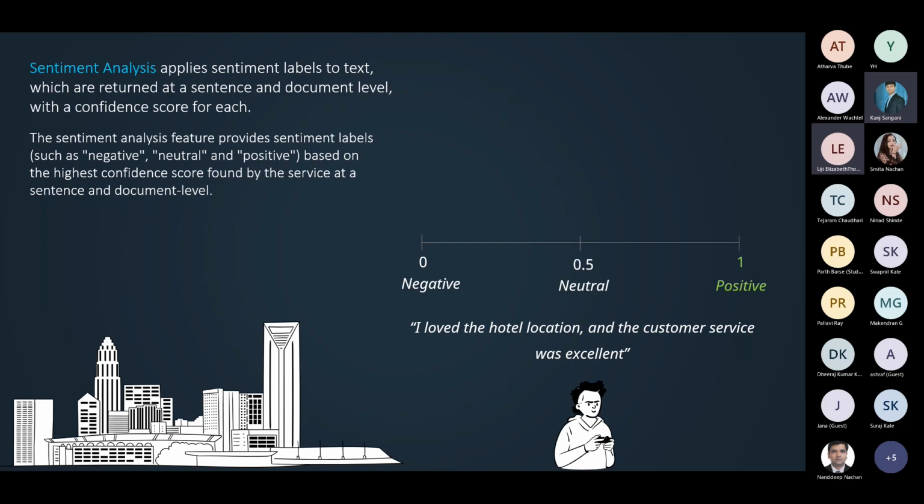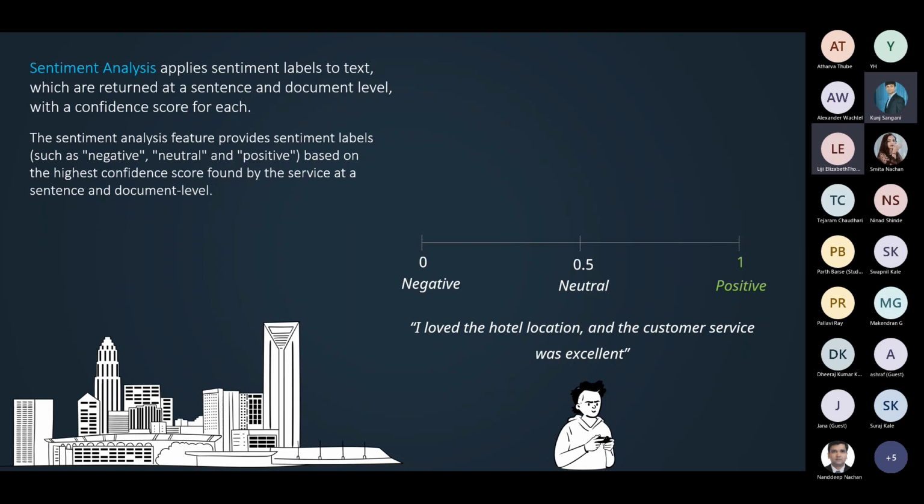It's a discrete value. Now, this is great, and you can do this for a sentiment analysis of a sentence or a document. You even get a confidence score attached to this, like how confident the AI service was in this sentiment score.